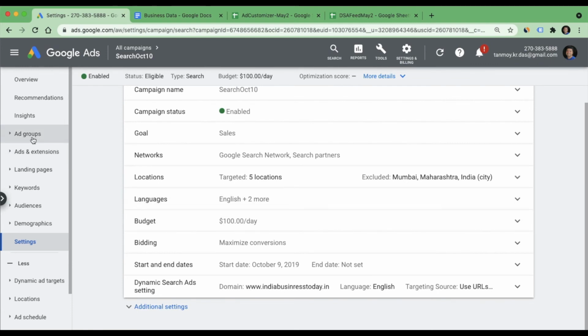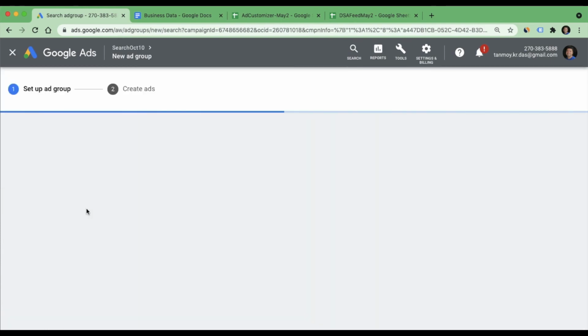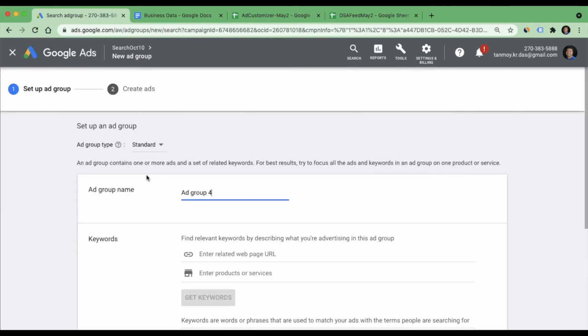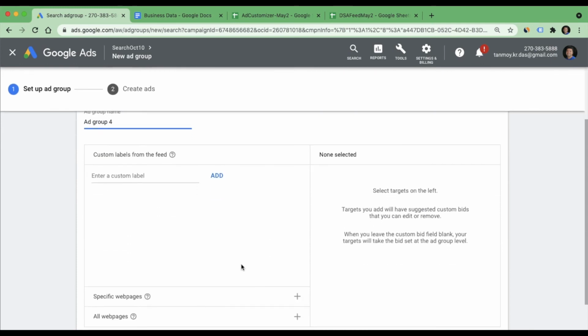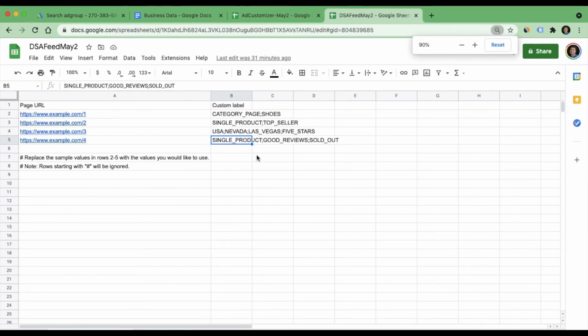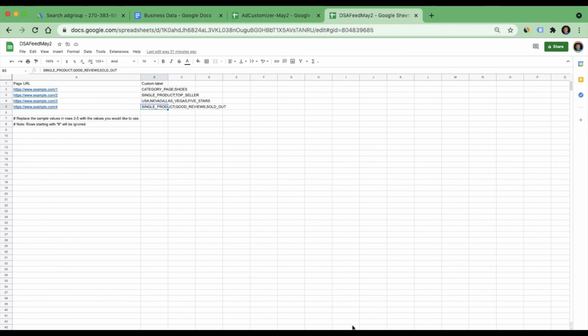Now we can go back to our ad group and we will create a new ad group for our dynamic ads. So we are going to choose a different ad type, which is going to be dynamic. And now you have different custom labels over here. So when we go to the normal spreadsheet right now,